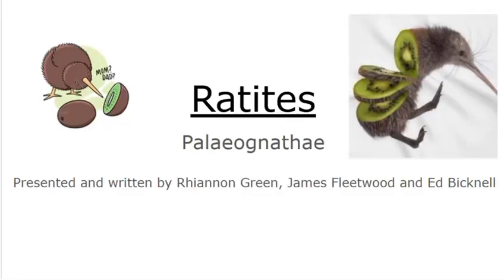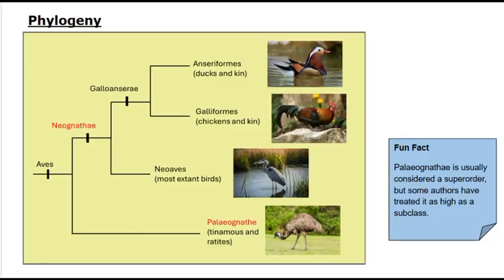Ratites, presented and written by Rhiannon Green, James Fleetwood and Ed Bignell, based on our October visit to the Oxford Museum of Natural History. All modern birds lie within the crown group Aves, which has two infraclasses, Palaeognathae, flightless, and